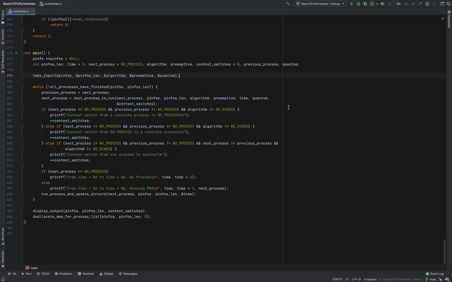Now let's talk about how we are going to take input from the user. So we have a function called take input, into which we are passing the addresses of all the variables we want to get modified by this function. So in C, as you must know, if you want a function to modify something that you have, you need to pass the addresses of those variables. Pay special attention to this variable over here. This is already a double pointer, and since you're passing an address of this, the signature of take input is going to have 3 asterisks over there. So let's go inside take input and see how that is working.